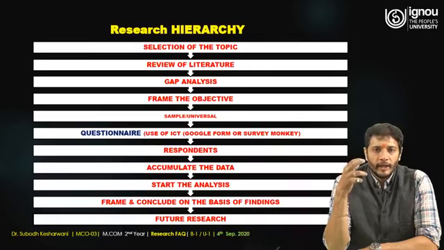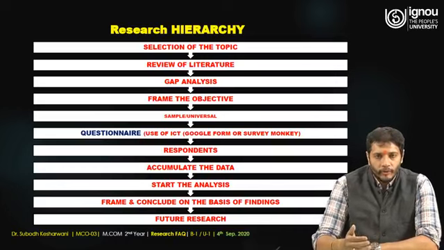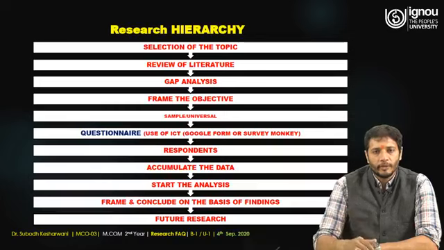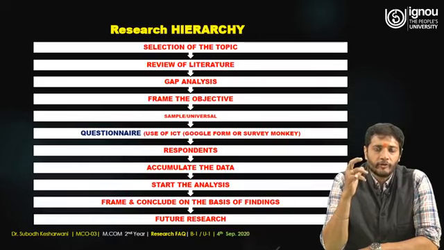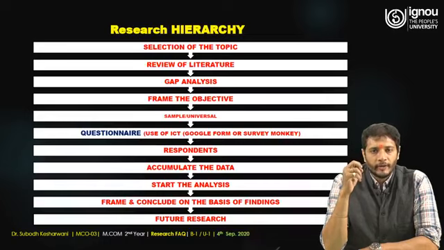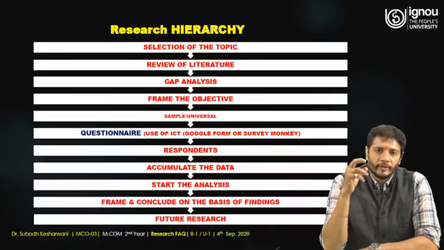If you see, in every stage there is a great use of research. The research hierarchy talks about how you are going to move: what could be layer 1, layer 2, layer 3, and what are certain steps which need to be followed. The first layer talks about the selection of the topic, and I think the topic is going to play a very important role. When you are finalizing your topic and your title, it requires a lot of effort, and researchers somewhat lack when they choose the topic, because choosing the topic is the first step in this direction.